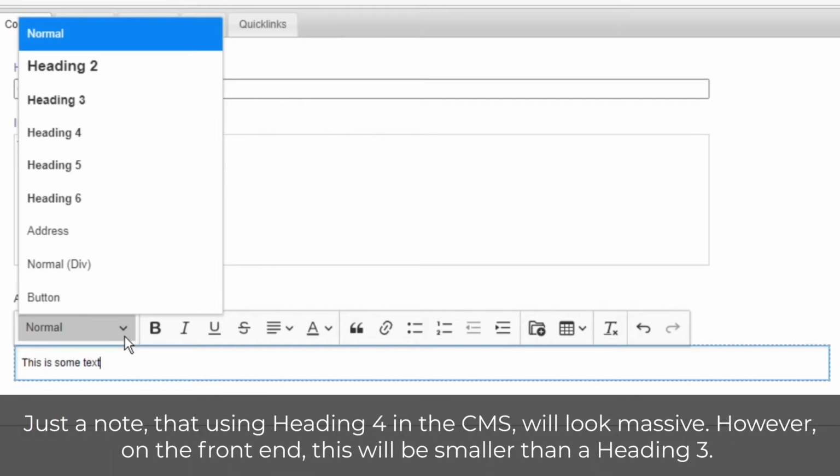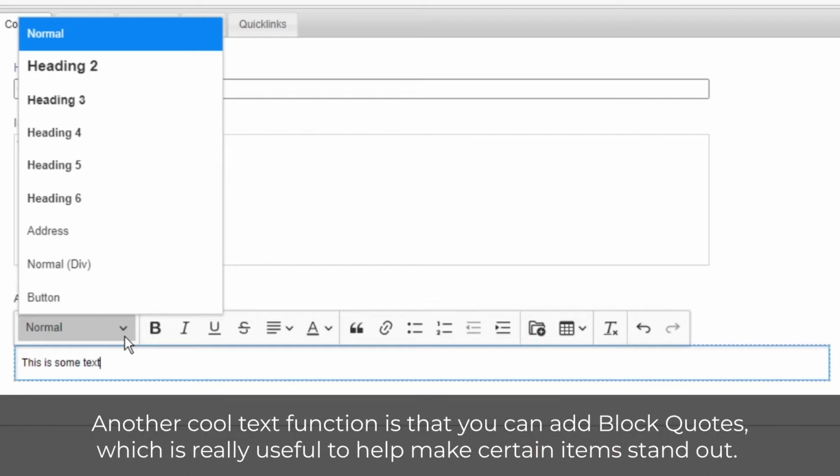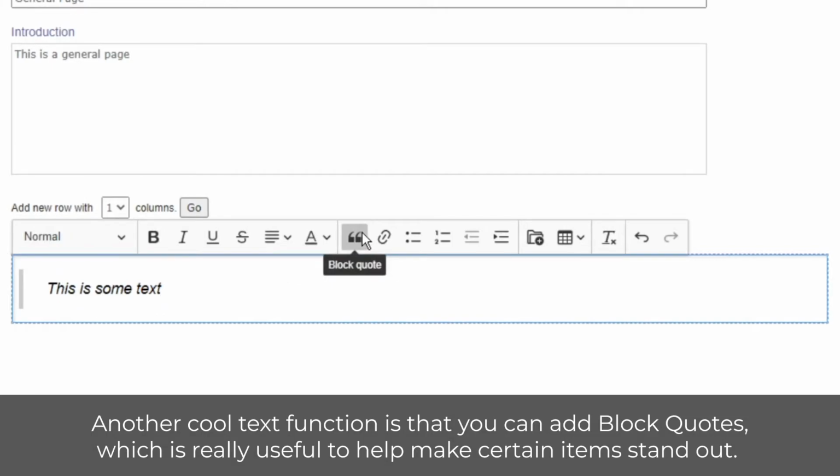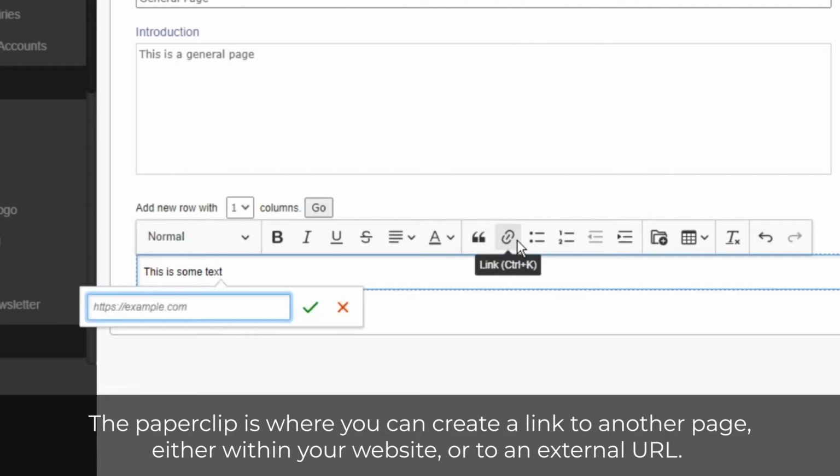Just to note that using heading 4 in the CMS will look massive. However, on the front end, this will be smaller than a heading 3. Another cool text function is that you can add block quotes, which is really useful to help make certain items stand out. The paperclip is where you can create a link to another page, either within your website or to